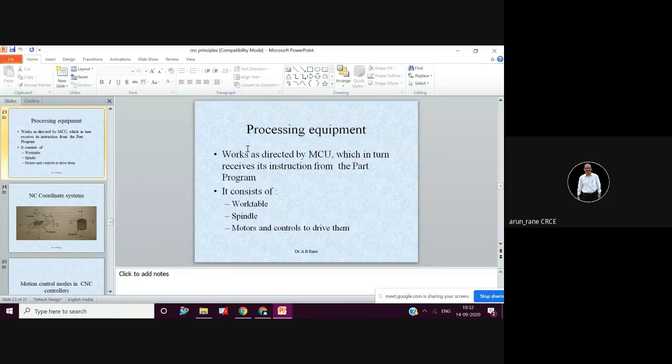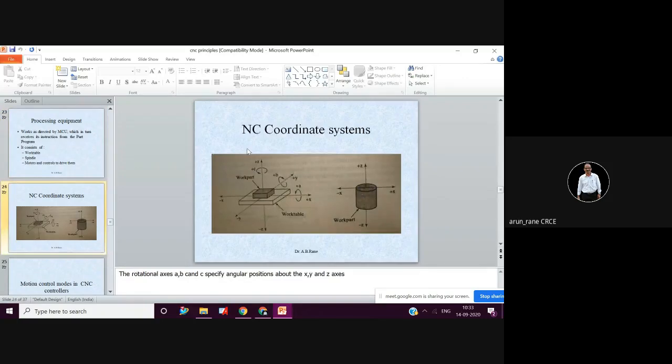And in tool and die making, the molds, automobile molds, chair molds, they are all very heavy. If you want to move these heavy workpieces, then the horsepower required to drive the table will be high, and the entire machine tool becomes very heavy. So in order to simplify this, we go for bed type machines.